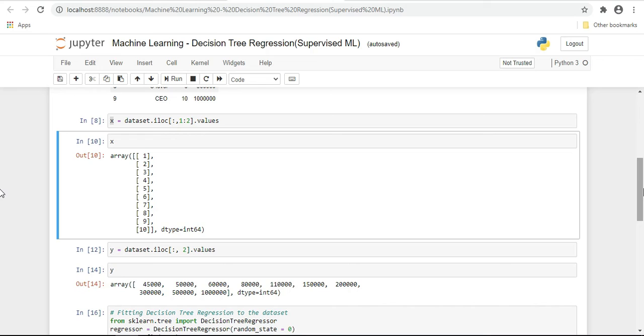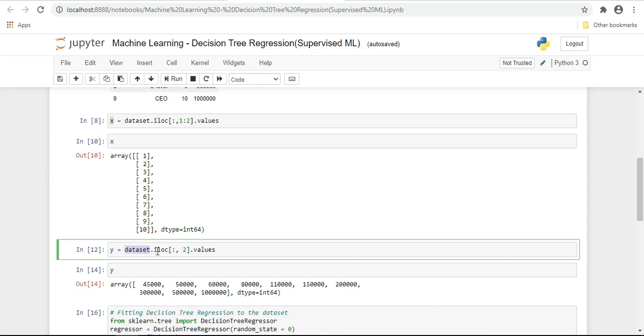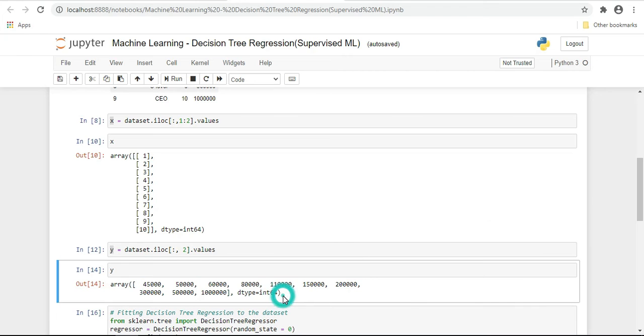Similarly, we extract data for y: dataset.iloc, all rows, second column, .values. All the second column values get stored into y, and when we display it, it looks like this. So we have extracted the values of x and y.